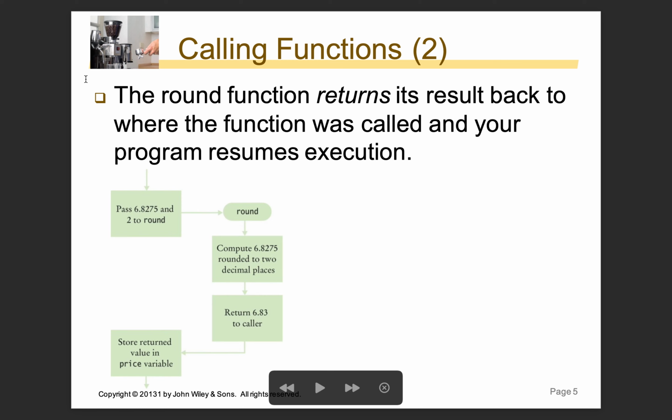So you've got some code, it's running line by line. It reaches the round function, or the price equals round 6.8275, comma 2. We pass the 6.8275 and the 2 to the round function. The round function does its job. It computes that value to 2 decimal places, the 2 being the value we gave it. And then it returns the result of this rounding, 6.83, back to the caller, back to where it was called from in the code,